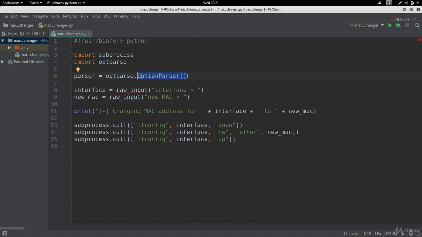But you can't use the class as is, you need to create an instance of that class. And that's what we're doing here. We're creating an entity or an object, and that object is stored in the parser variable. Now again, we're going to be using objects a lot throughout the course, and as we use them, it'll become clearer. So right now we created an instance of the option parser class, which is an object that can handle